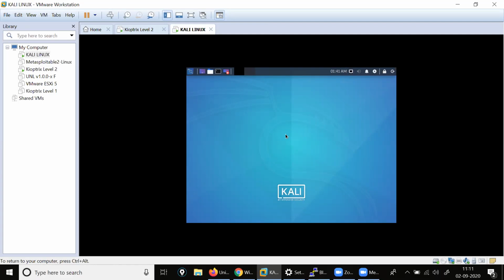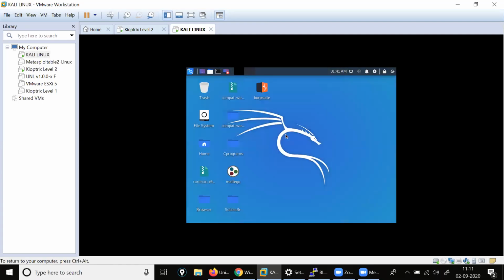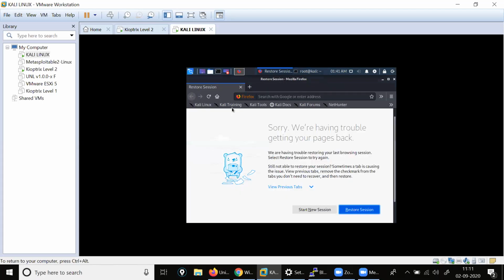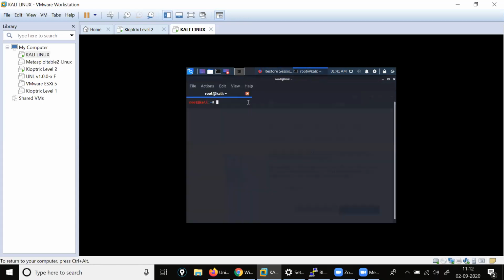In this section here in Kioptrix 2, we will do the SQL injection. Okay, understood. With the help of SQL injection, we will get the vulnerability. We will check the vulnerability here. Fine. So let me start the class. Inside that, we will see how to create the vulnerability with the help of SQL injection. Clear? So just come on the Kali.